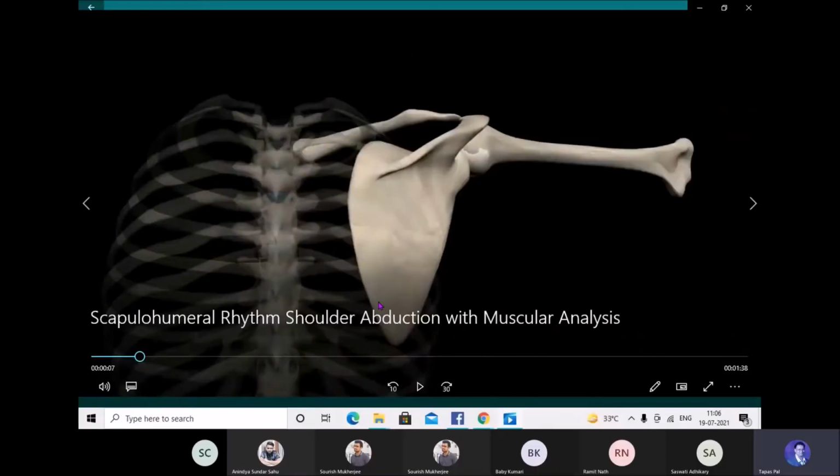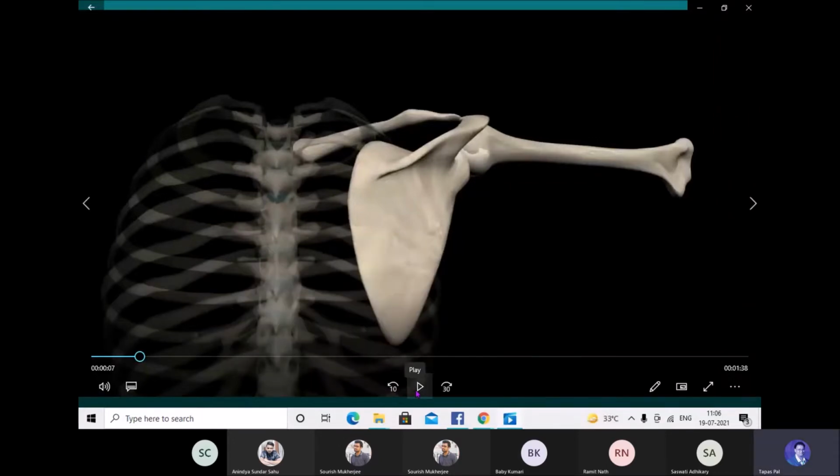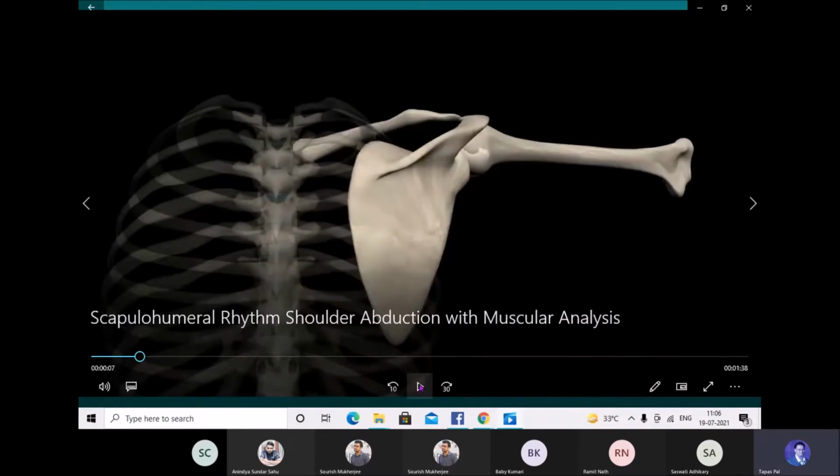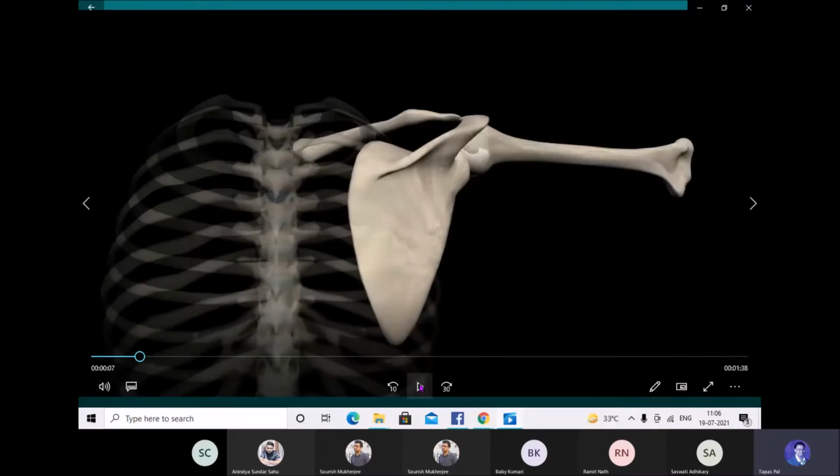You know the names of the muscles, and you people know the movements very well. So now I will show a video, and in relation to that particular video, how the scapular dyskinesia or the dyskinetic motion of the scapula happens, and that ultimately will lead to supraspinatus tendinitis and subacromial bursitis. We'll see now.